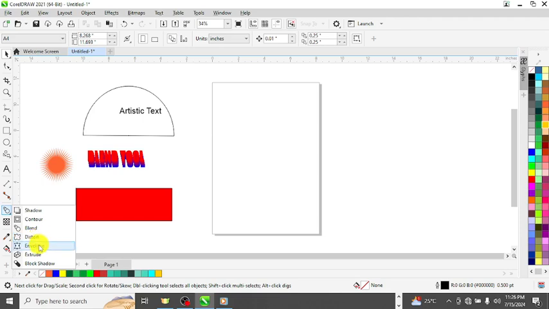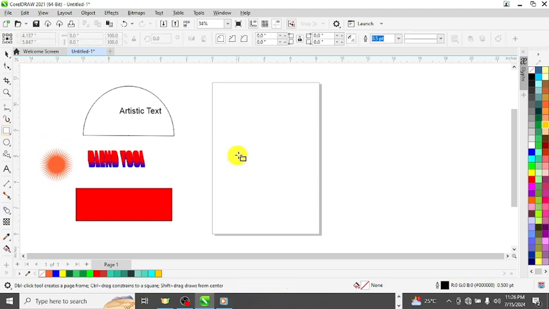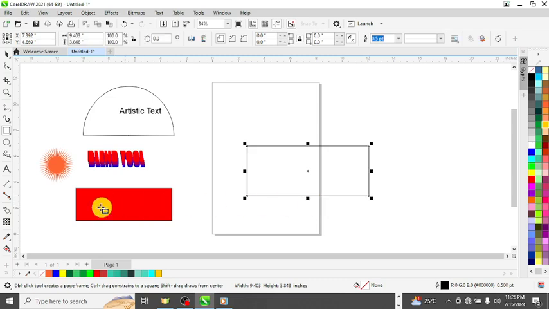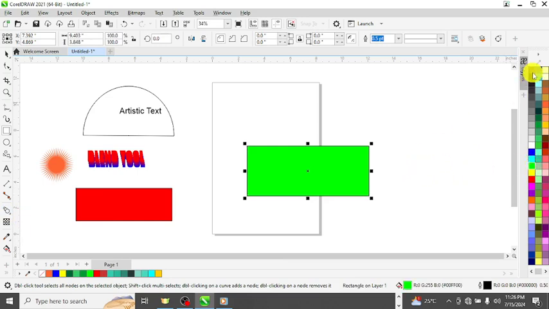I'm going to draw a shape now and then try to distort it. So I'll draw a rectangle. Use the rectangle tool, draw a rectangle. I'll apply a color to it first. Then click my right mouse button to remove the outline. Then click on